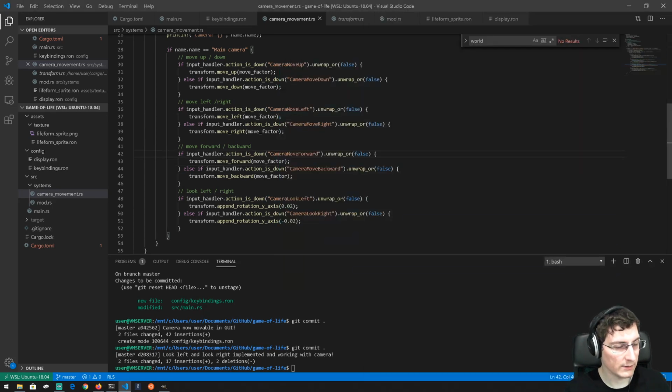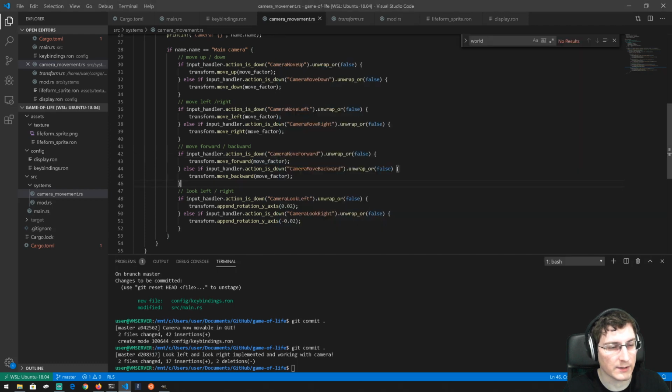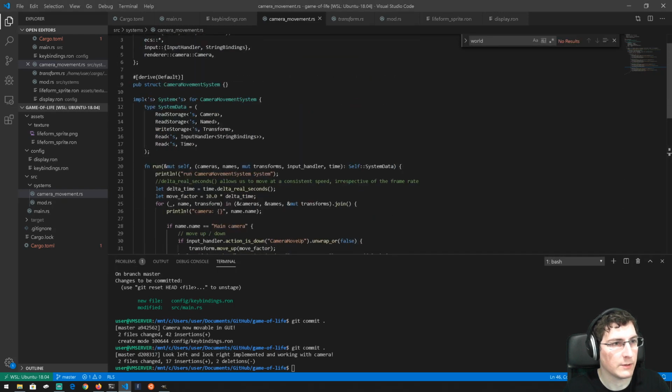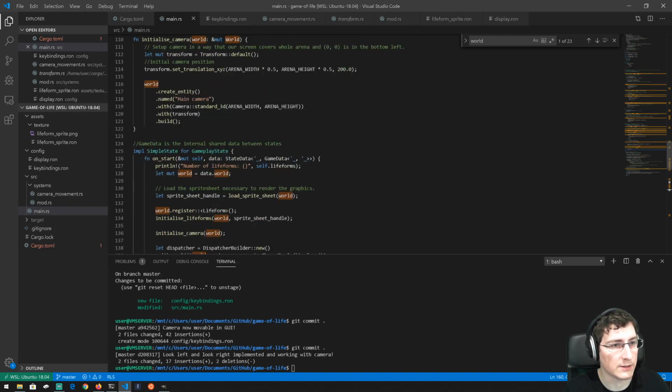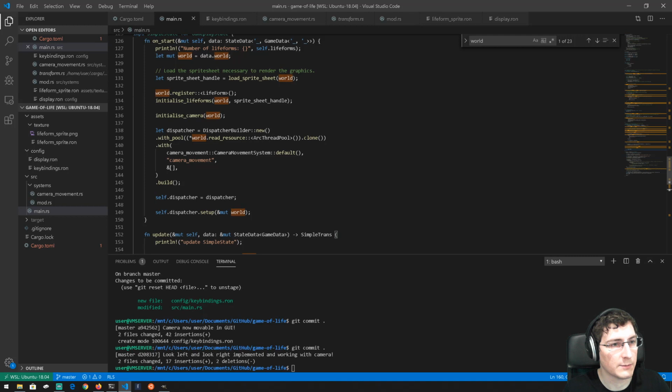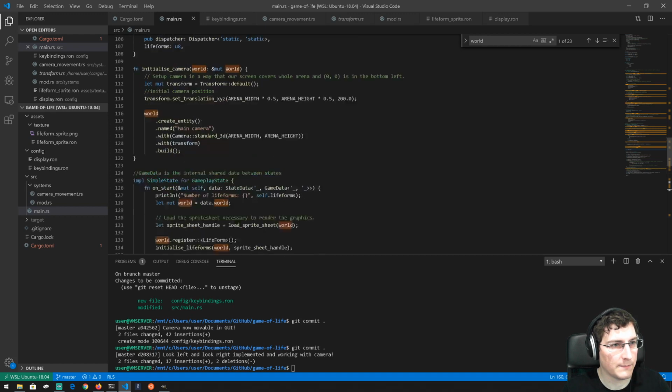What do we want to do now? So we've got a 3D game. I guess we want to draw. We should probably draw a 3D object, right? So we've got a square. Well, let's go for a cube. Or anything actually. I don't care. Just so long as it's 3D. Load the sprite sheet necessary to render the graphics. So somewhere we load